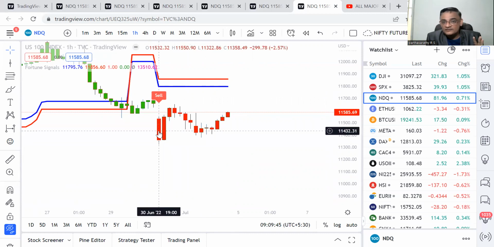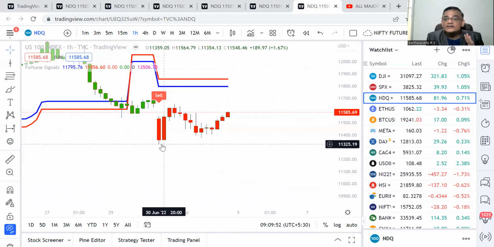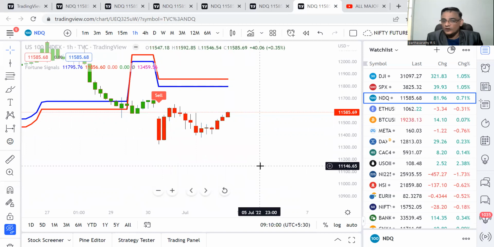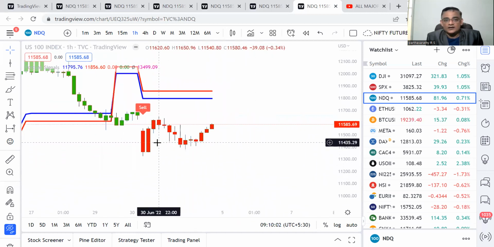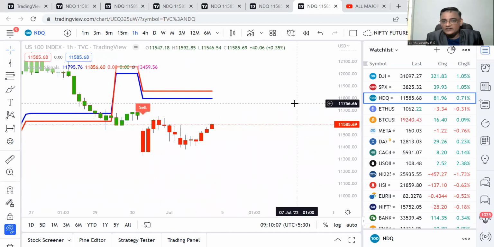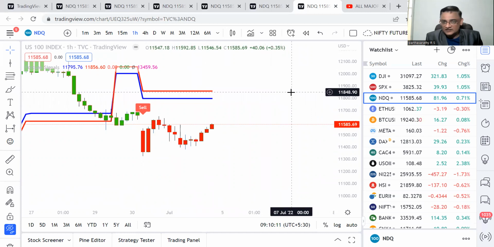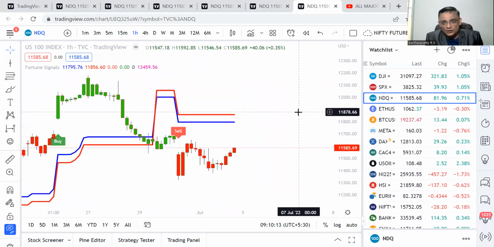So it says this is a fake sell till it holds this low, which is 11,325. There is no worry. If any candle closes below this candle low, then it has become genuine. You will see some more fall, right? And you don't need to go short here. Once the genuine comes, you can simply wait till it goes and touches the 1 hour blue 100, and you can initiate the short where the stop loss will be very, very small.